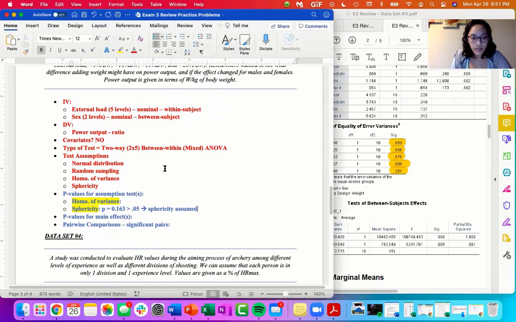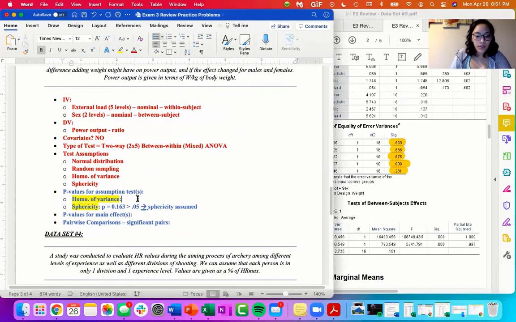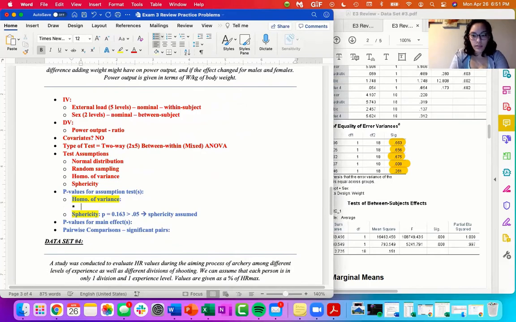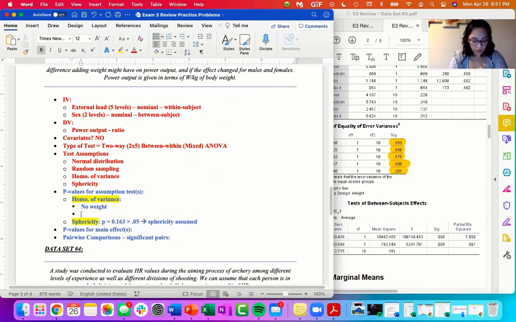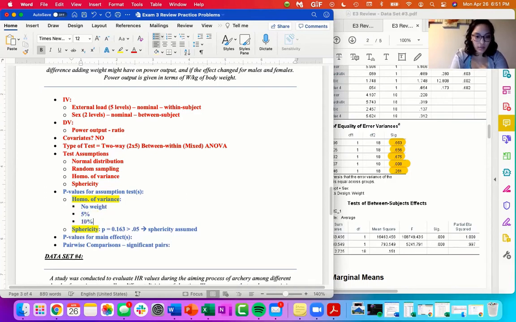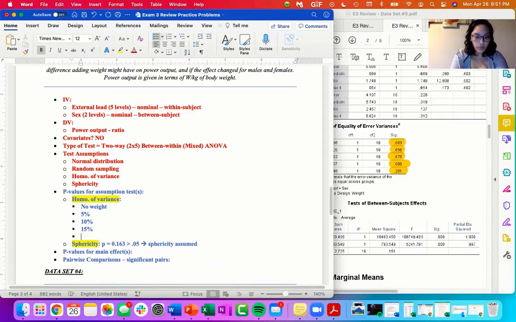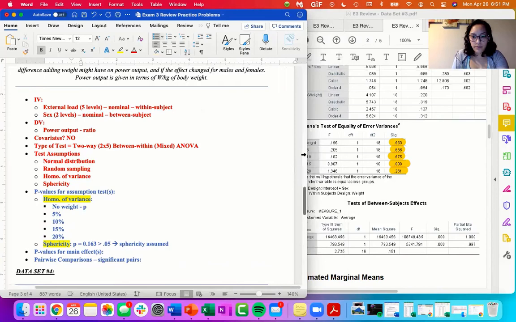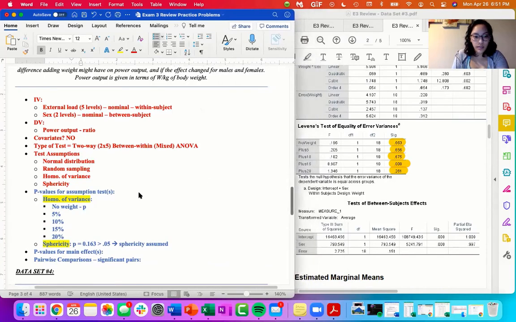Okay. So we get all of these p-values. Hopefully that doesn't shrink the zoomage. Yeah, we're good. Okay. So for homogeneity of variance, we've got a no weight group, adding 5%, adding 10%, adding 15%, and adding 20%. And each of these is going to have its own p-value. Okay, so I'll move this so you guys can see. P for the no weight group